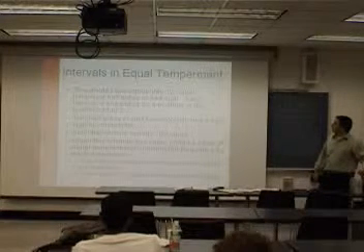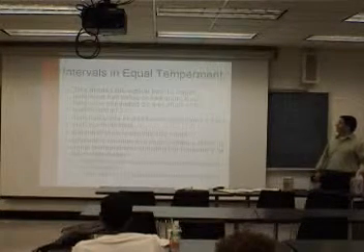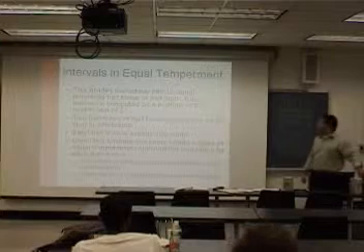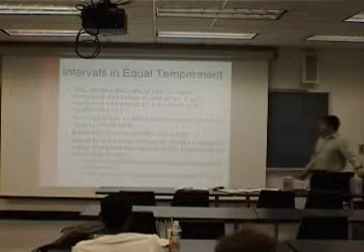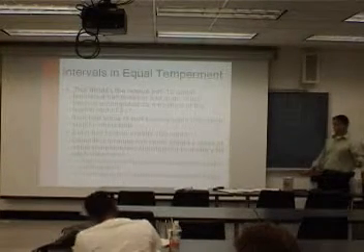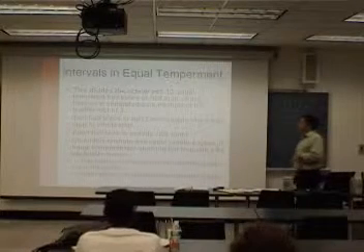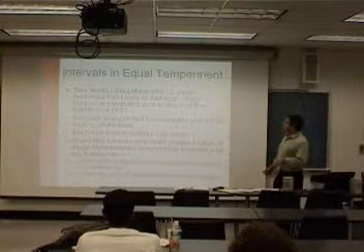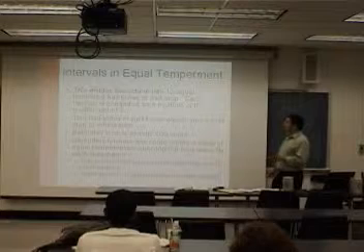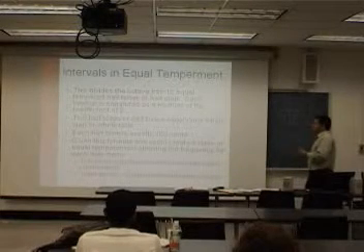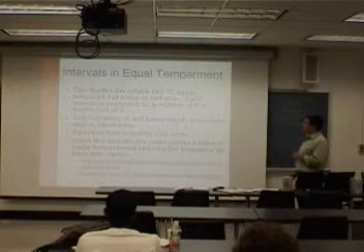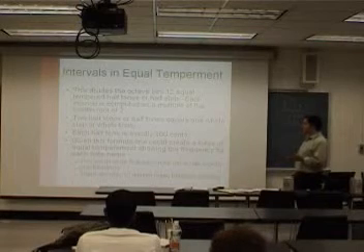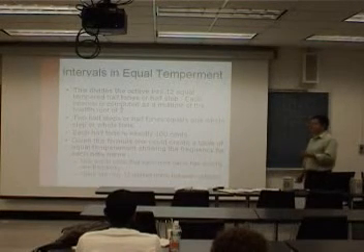Okay, so we're going to talk about intervals in equal temperament. We divide the octave into 12 equal tempered half tones or half steps. We talked about half steps last week. Here we see them again. So each interval is a multiple of the 12th root of 2. That's easy enough. 2 half steps or half tones equal 1 whole tone. Each half tone is exactly 100